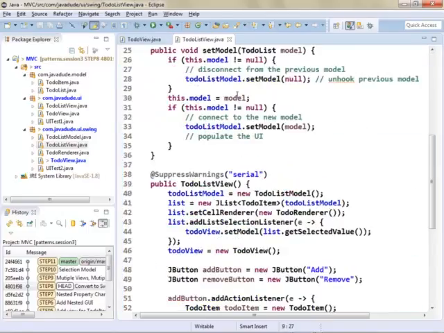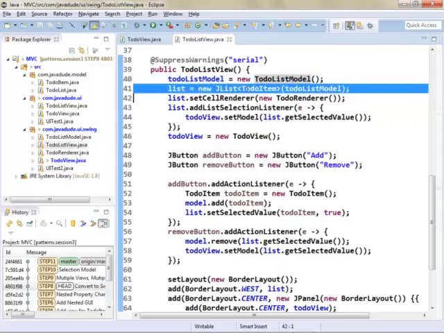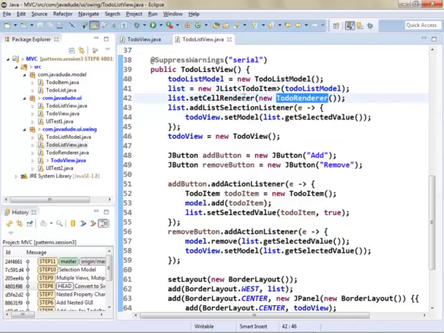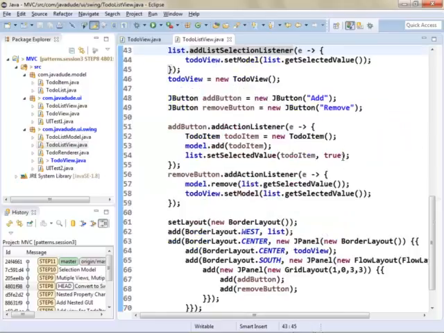So all I'm doing is the connect and disconnect thing here. When I'm setting up my GUI, I'm going to create my model. This is the real to-do list model. So this is the adapter here, that list model guy. I'm going to plug it into the JList that I'm creating. I'm going to create a renderer, which is that rubber stamp guy, and plug him into the list. I'm going to say whenever the list changes, set the model in the to-do view. Pretty simple. And then